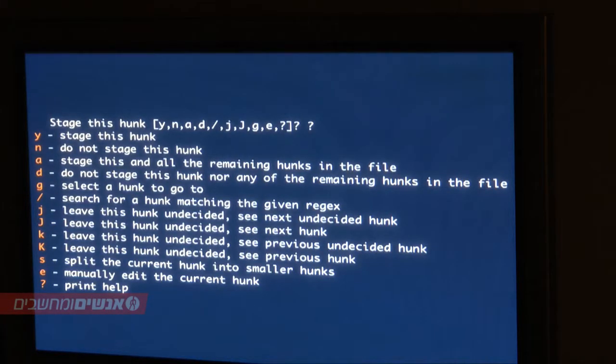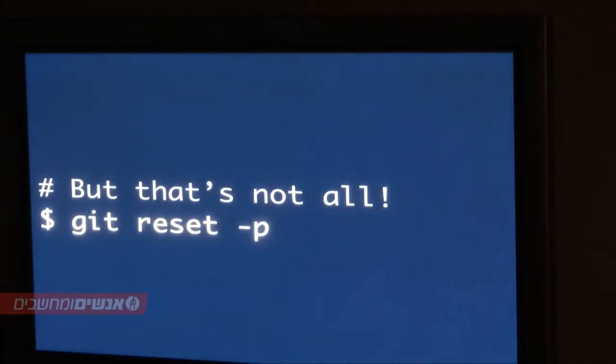And being the person I am, I decided I wanted to try to put this flag on other commands. I discovered I can do it on a reset. When I'm resetting files, I can actually do it with hunks. Or even when I'm checking out files, like if I'm removing these changes, destroying them, I can also do it with hunks.